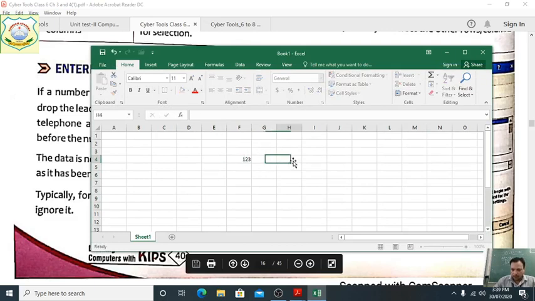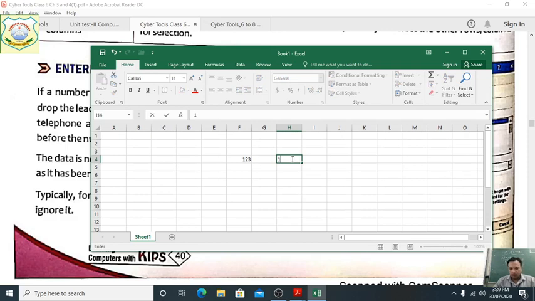But if you want to write 0 first, like 0, 1, 2, 3, 4, we have seen that in many places, many institutes, numbering starts from 0. Suppose we start from 0, will this value be taken or not? See here, the 0 is not there. Now when we write 0, 9, 8, 7, 6, 5 and release the cell, what will happen? See here, the 0 is not there. So how can we keep the 0?